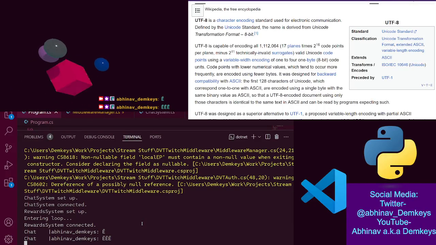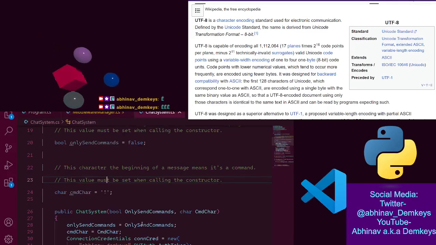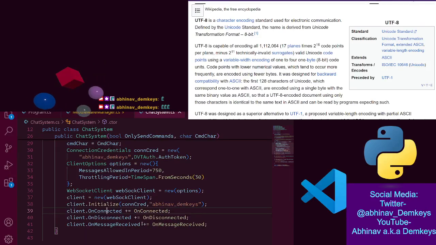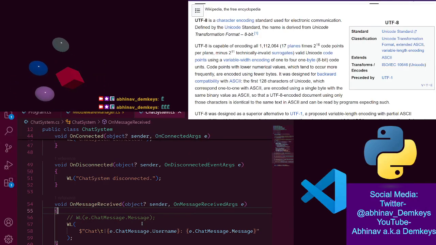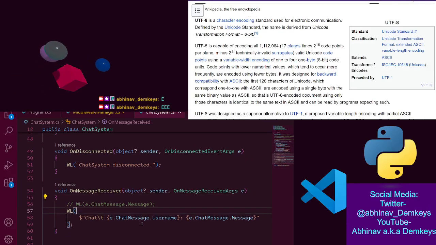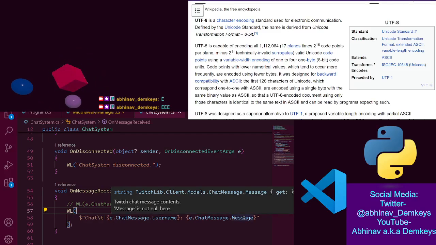Because the thing is going to get... Yeah, I'm wondering... Okay, let's go into this. On message received, this is the message. The message is supposed to be a string. I'm assuming internally they are,